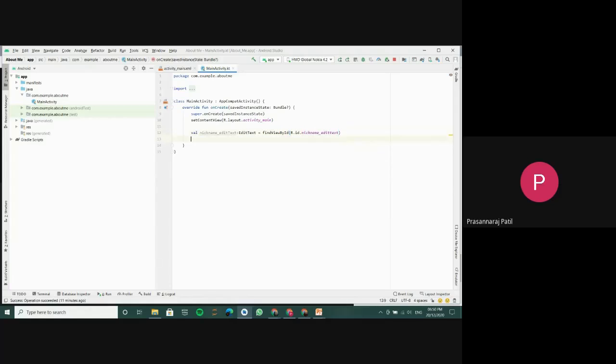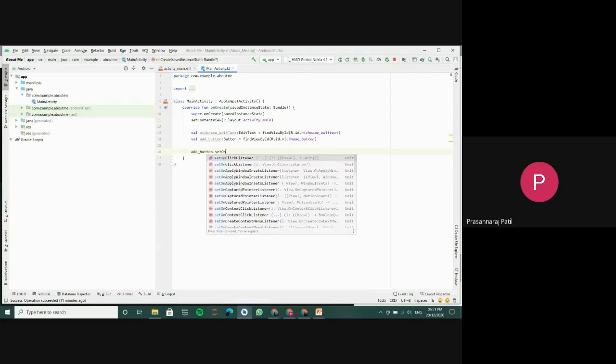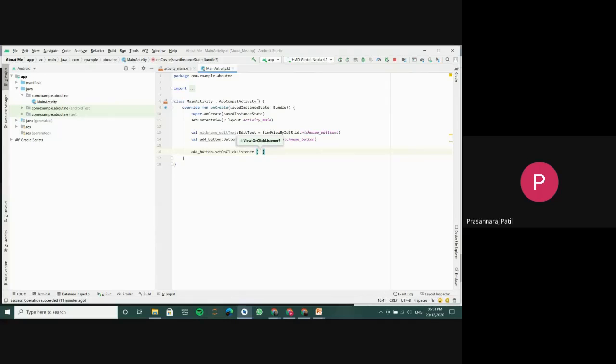Now we require a button also. So val add button equal to findViewById R.id.nickname_button. So we will add a listener for this button. So addButton.setOnClickListener, and I will create one function,